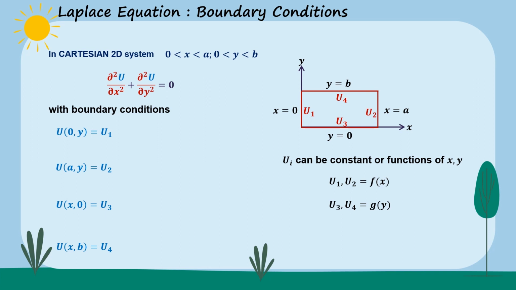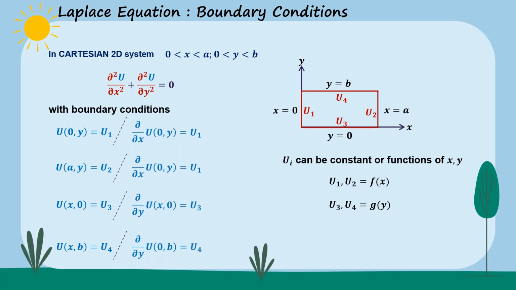Now, when we say the velocity in the x direction is 0, therefore del u del x must be 0, right? So the boundary condition can also be provided in the form of del u del x. Therefore, here the boundary condition can also be provided as a derivative, del u del x, del u del y and all that stuff, right? Now here also the values u1, u2, I don't change, because they are all from the given data. That's it. Now notice that if your problem is given in the form of only u,